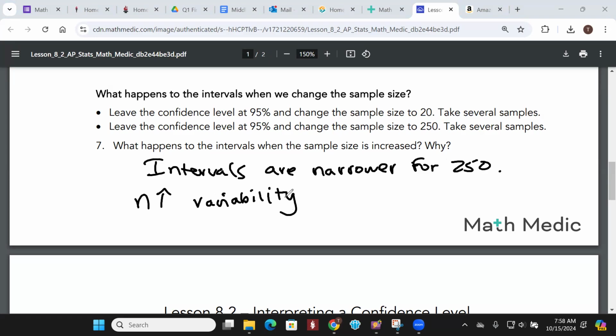Variability decreases. So as N increases, margin of error decreases. We get closer and closer to that interval. So when we increase that sample size,